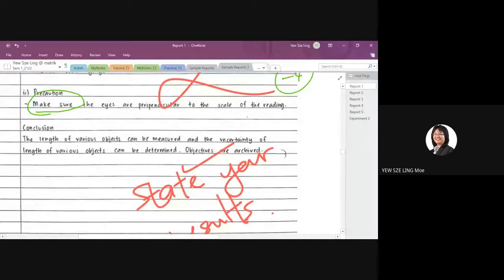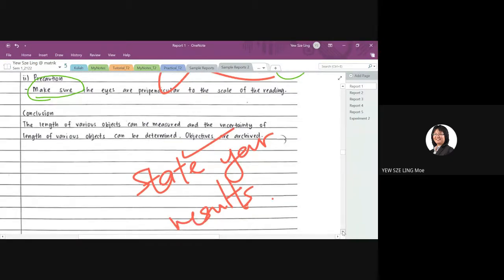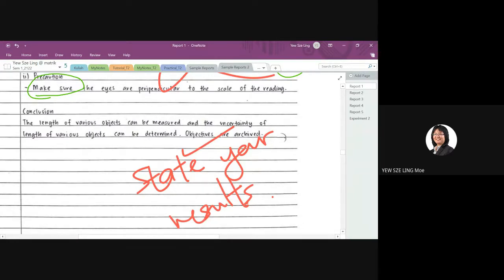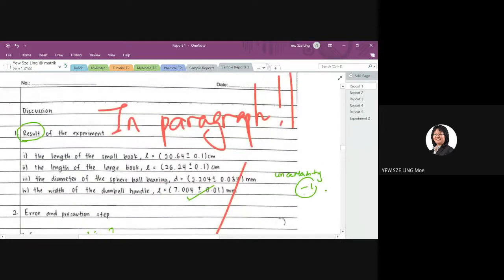Okay, and then the conclusion. The first part of the conclusion is correct: objectives are achieved, and then state your result. Now, stating your result is not a requirement in the marking matrix, but I want you to make it a habit, because in university you must state your result in the conclusion. Why? In university, you need to list down all of the errors as much as possible, so usually the discussion can be up to 10 or 20 pages. So if you discuss the result in the first paragraph of the discussion, when it reaches the